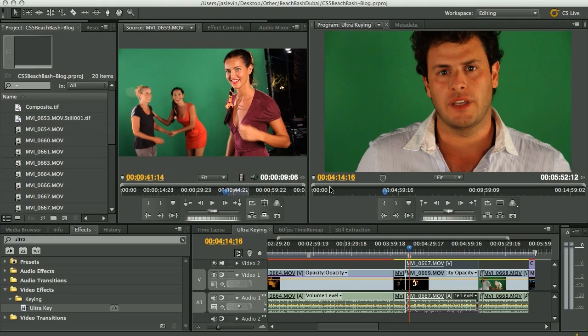Okay, so now we're in the timeline, and again, we're going to talk about first one of my favorite things in Premiere Pro CS5, which is the introduction of the Ultra keyer. It's ultra fast, ultra cool, and it's got a lot of incredible parameters. It's a vector-based keyer, so a little bit different than Keylight. There are uses for both, and of course you can always use Keylight in After Effects, but I'm going to show you again how to just take your footage directly off that DSLR and pull some really quick keys